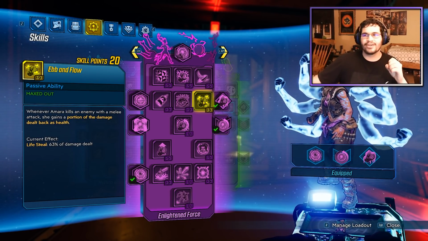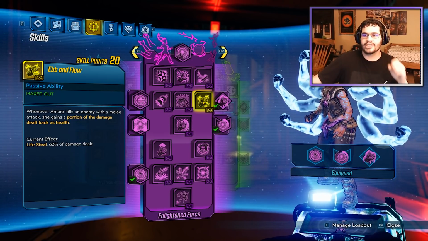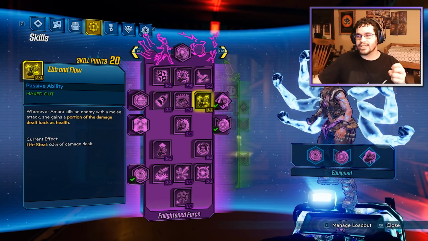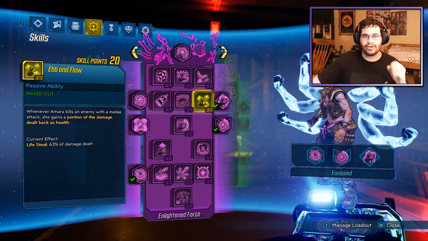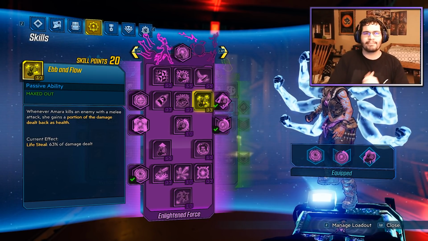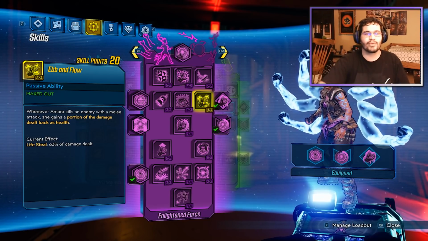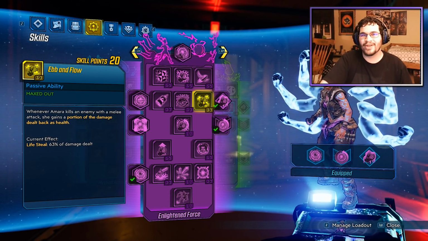Next, we have the skill Ebb and Flow. Whenever Amara kills an enemy with a melee attack, she gains a portion of the damage dealt back as health. Now, at 3 out of 3, you get 63%, but if you are playing Mayhem 10, you will only ever need 1 point into this skill. And keep in mind, this is not melee lifesteal. This is melee kill lifesteal. So you actually have to kill an enemy with melee to get the life from this. And just so you guys know, this will be very cool with...